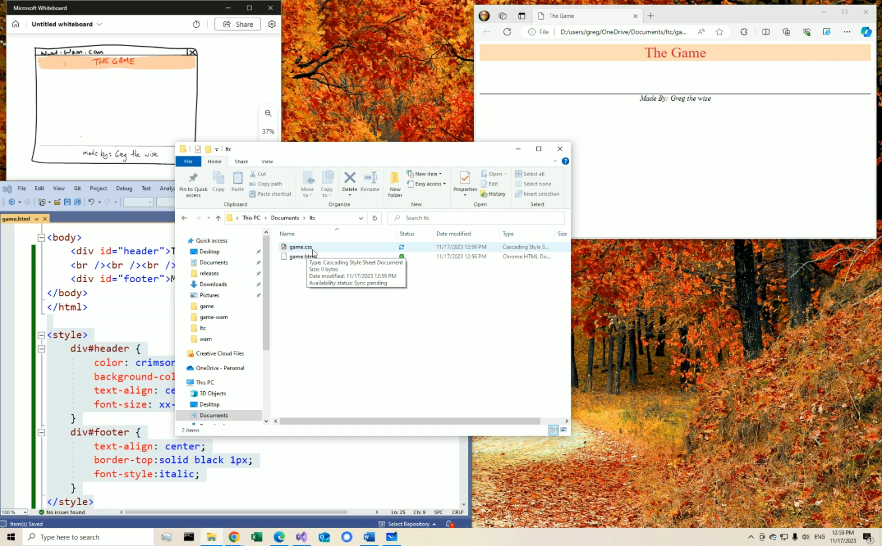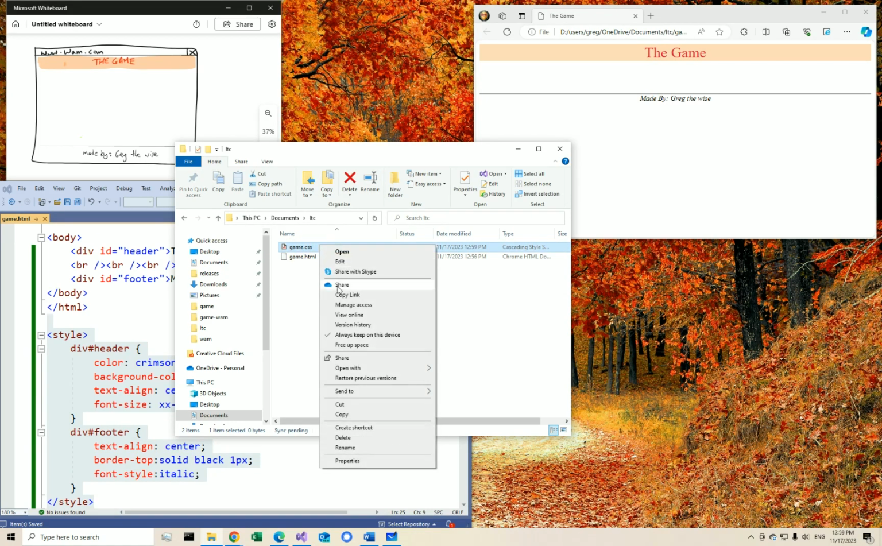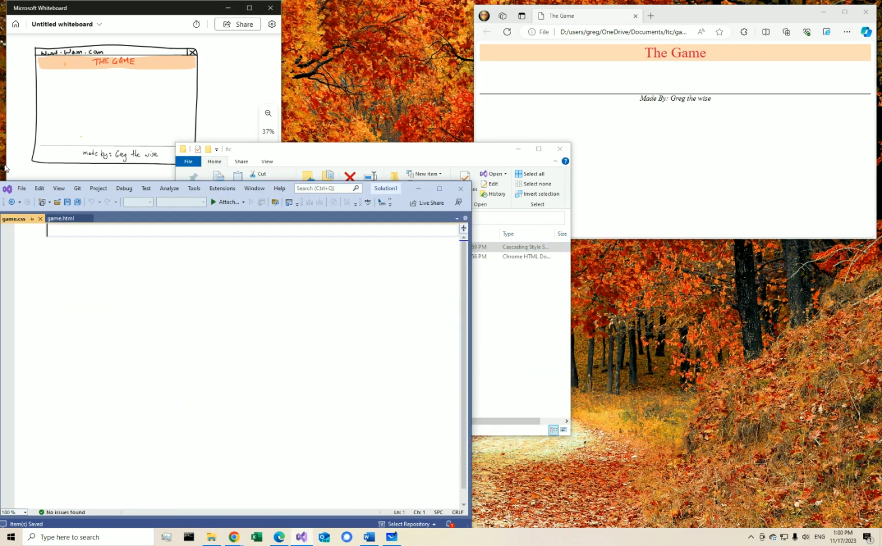Then I want you to edit this file in Visual Studio. So right click. Oops, what happened here? Right click, open with Visual Studio. So go ahead and do that, please. Okay, and we have that file. Make sure it's named